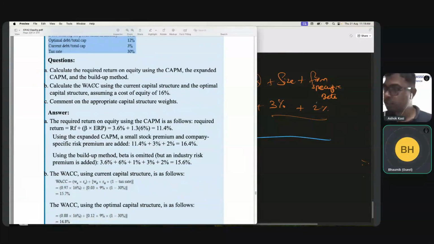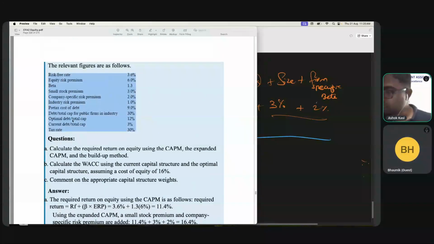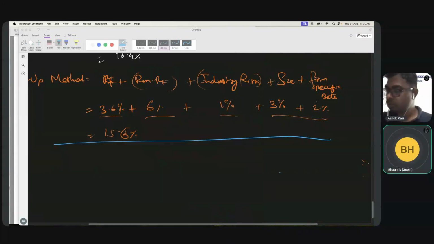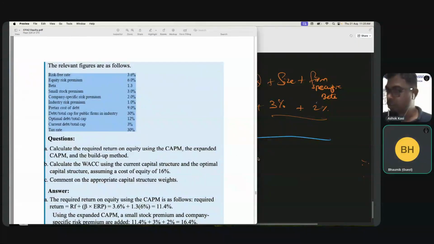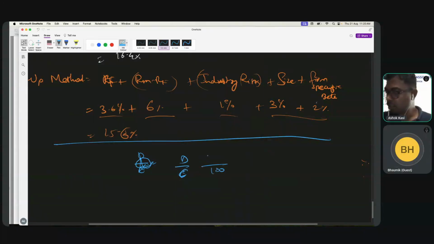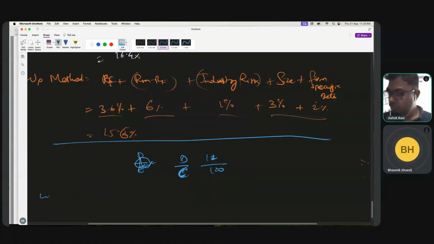The next one is the WACC using the optimal capital structure, assuming cost of equity is 16. This is current and this is optimal. Optimal debt to total capital is 12 percent, so that means equity should be 88 percent. If your capital is 100, debt should be 12, so equity is 88. Now my WACC is equal to